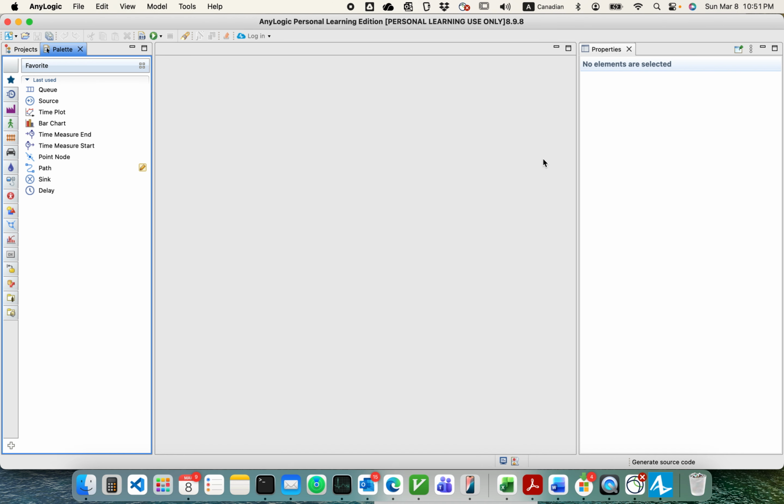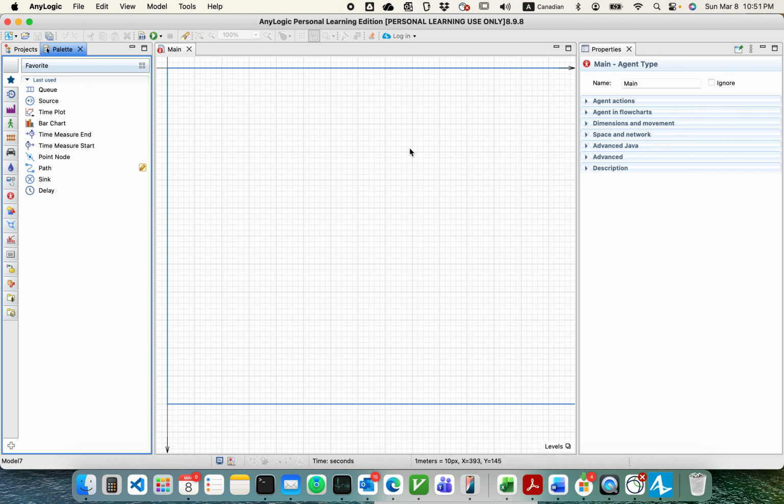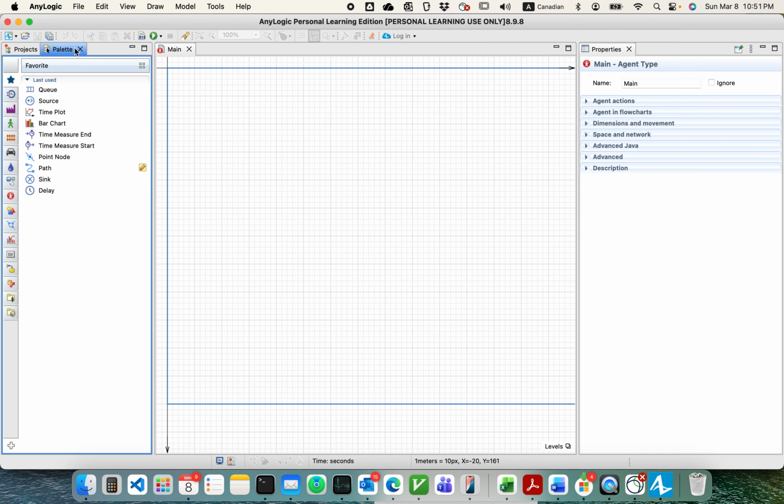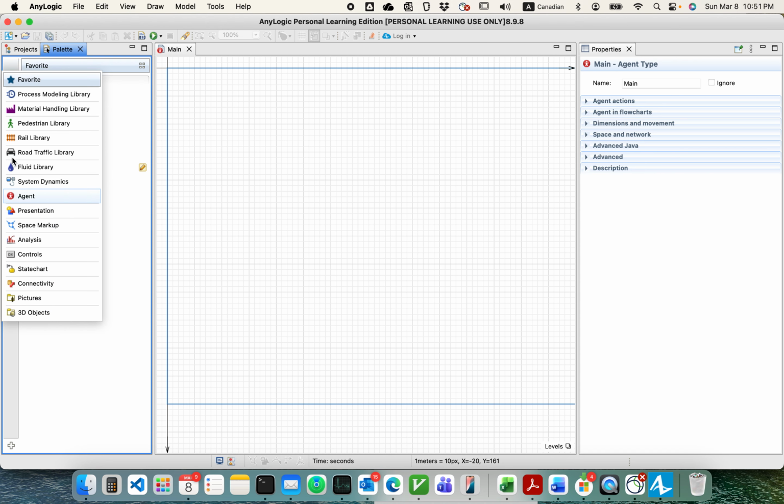And looking at this window of this application, you will notice that there are 3 columns. On the left side, you can switch between this tab called Palette and Project. If you choose Project, you can see all the models you are working on. Let's switch to Palette for now. You will see that on the very left, there are many different icons. And mostly we're going to deal with this icon that looks like a clock, and that is the icon for